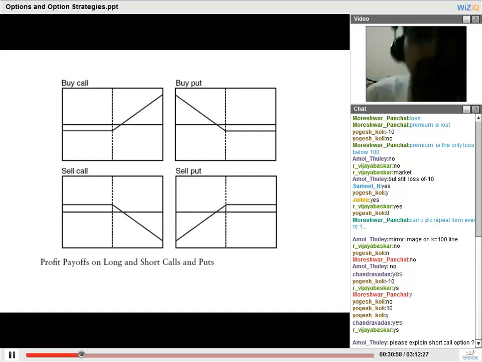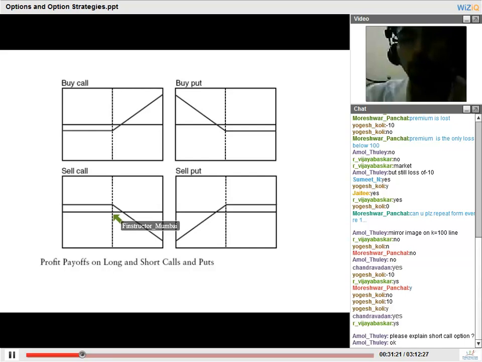He has agreed to sell the asset to the buyer of the option at a pre-decided price of 100 rupees. For selling that option, he received an upfront premium. If the stock price remains at 100 rupees, the buyer of the option will not exercise the option. So the seller will be very happy. The seller will enjoy his upfront premium of 10 rupees. You understand? At this point, he is enjoying the upfront premium of 10 rupees.